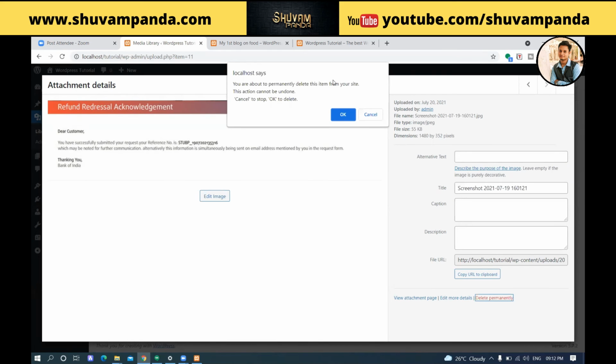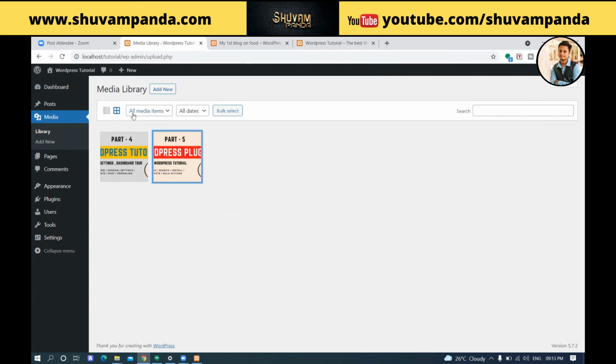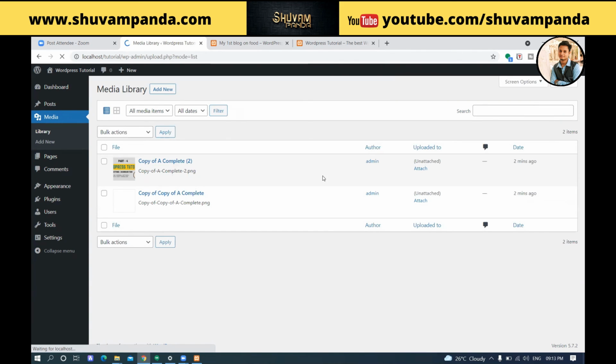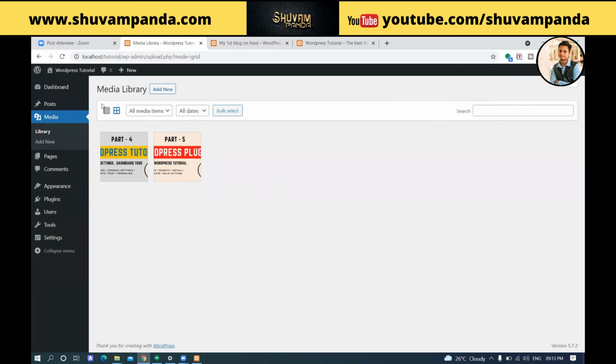If you press yes, then it will be removed. Okay, so on this left side you can see that there is a filter option for the types of visibility you want. You want it arranged in a row-wise format, you want it in a gallery-wise format, you can do it by clicking those filters.